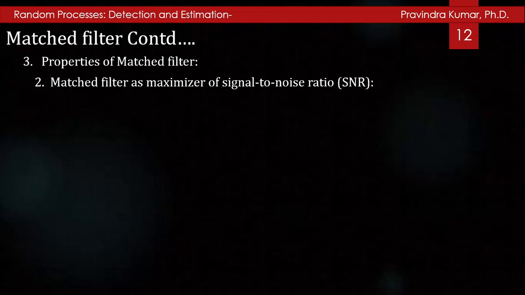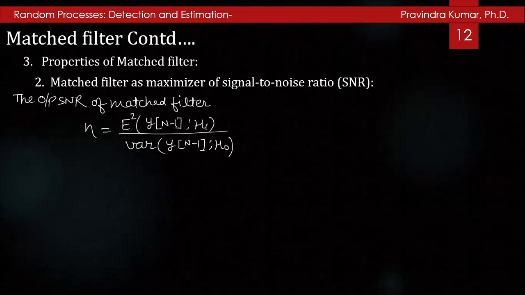Now the second property is the matched filter as maximizer of the signal to noise ratio, SNR. Another property of the matched filter is that it maximizes the SNR at the output of the FIR filter. To show this, we consider all detectors of the form of an FIR filter, but with arbitrary impulse response h[n] over 0 to N-1. If we define the output SNR as E squared of y[N-1] under H1 divided by the variance of y[N-1] under H0, meaning the square of the mean value under hypothesis H1 divided by the variance under hypothesis H0,